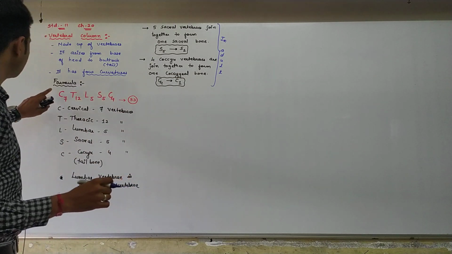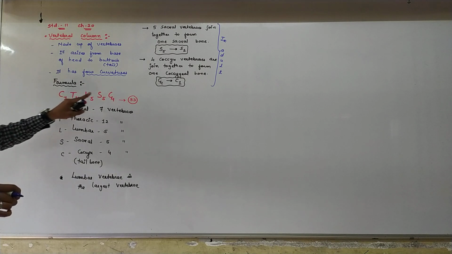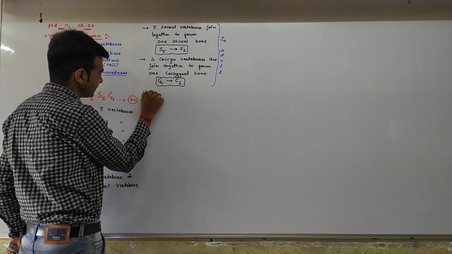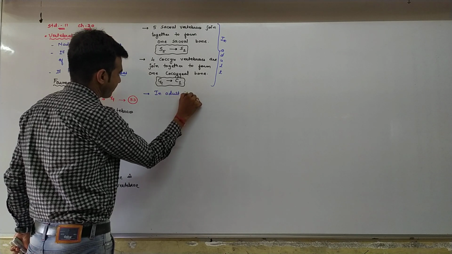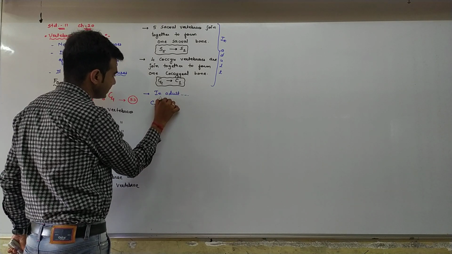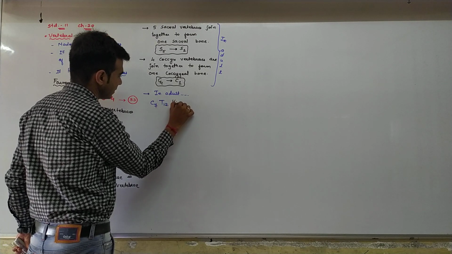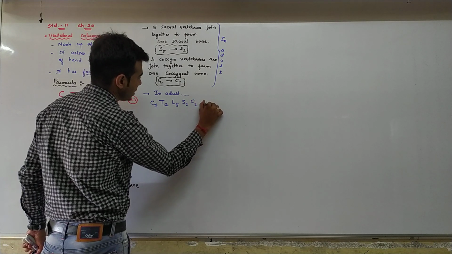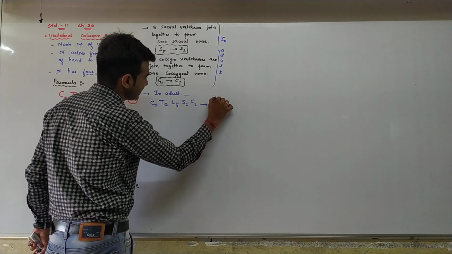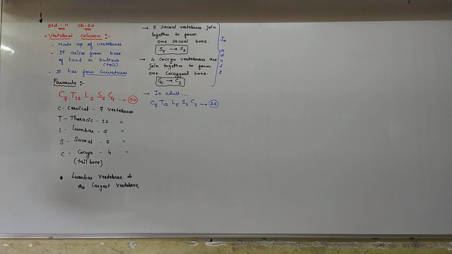So the normal vertebral column formula is this, but in the adult it is C7, T12, L5, S1, C1. So in this way 26 vertebrae are there. Okay. Now the most important point,